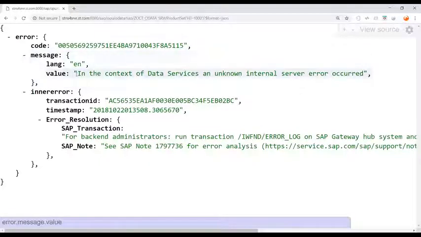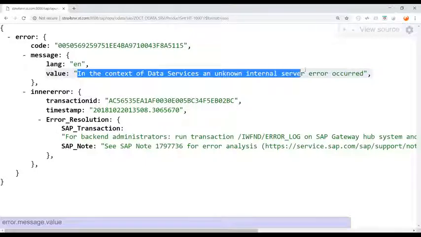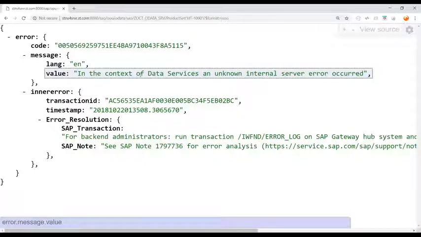And now you see still it's giving me an error. In context of data service, unknown internal error occurred. So this may happen with you, with anybody. Anytime your above code is executing, something may go wrong and you have no clue about what went wrong. For that reason, you can now jump to this transaction code